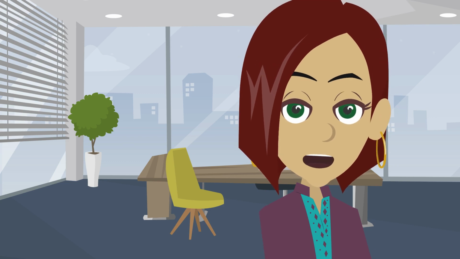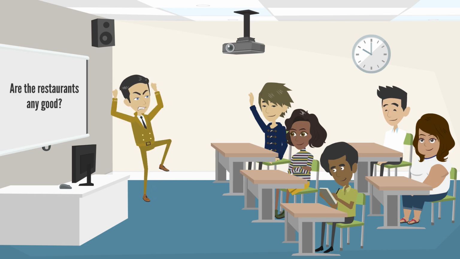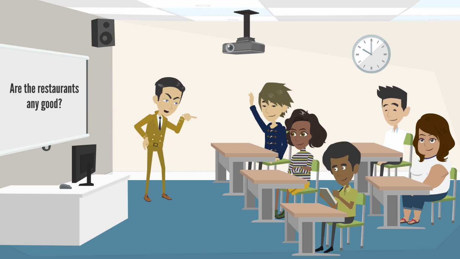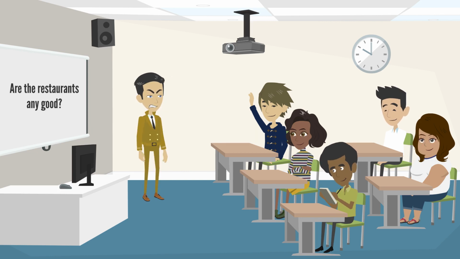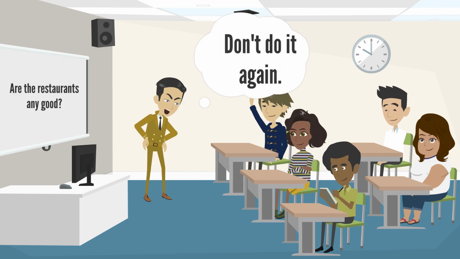First, utilizing a reactive response. You get angry and answer immediately. It is an adverb, and go into details about the sentence structure and deviate from the lesson plan. You can get angry with the student and ask him why he or she asked an irrelevant question, plus the fact he or she has the answer in their pocket dictionary. You then tell the student not to do it again.